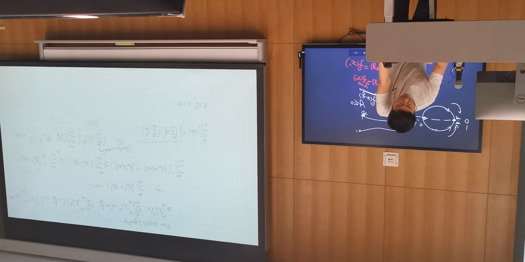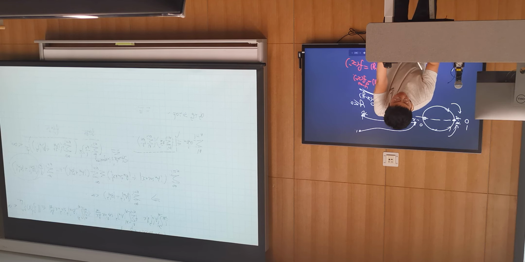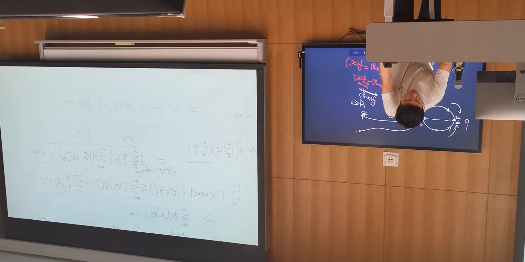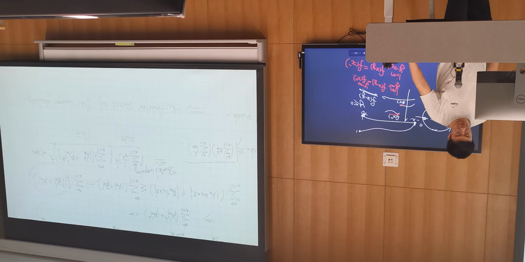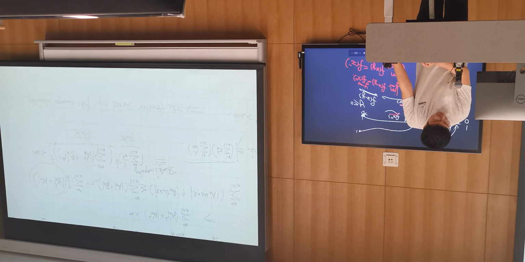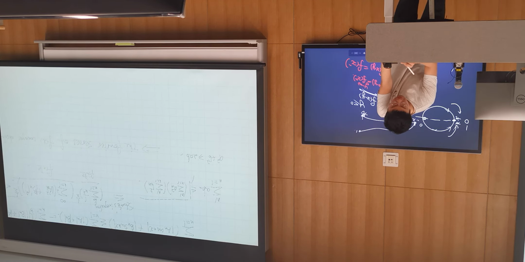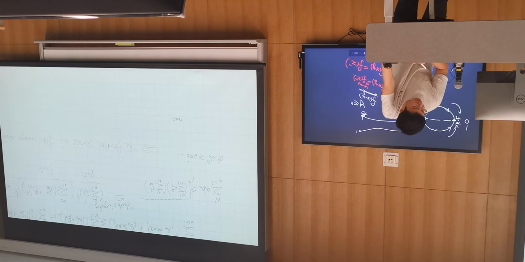So this again tells us that the Fourier series of f(x) converges absolutely. And also, we have that the maximum of